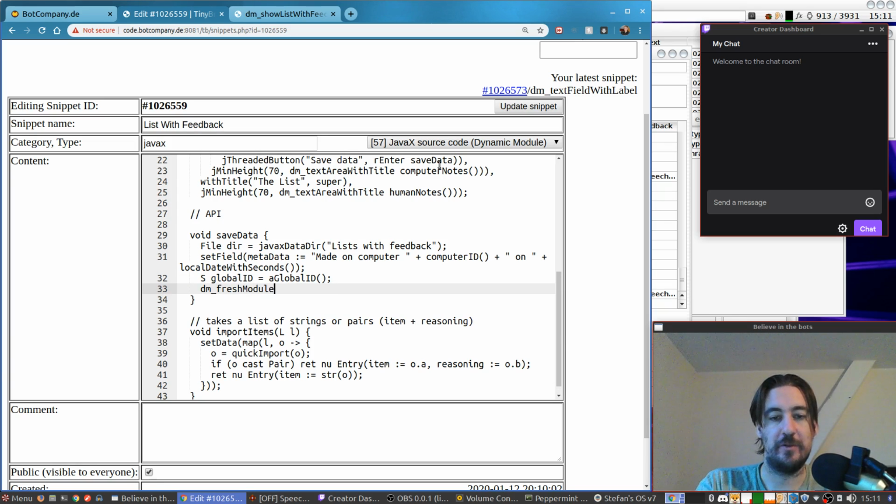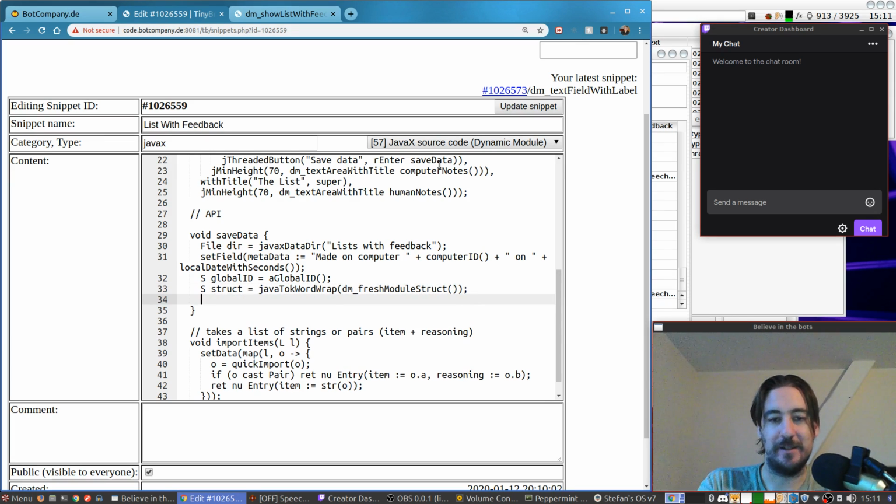Fresh module struct will save the structure of the module as it is in this moment. We use word wrapping to make it nice and printable. This is one long line, otherwise thousands of characters, and most editors just spaz out when seeing this. So we wrap it in, I think, 80 characters per line or something.